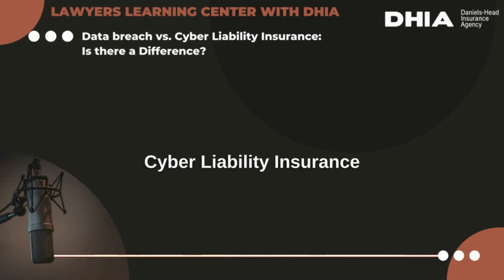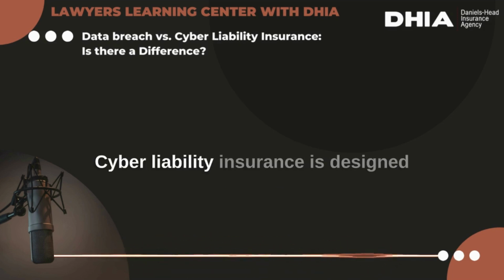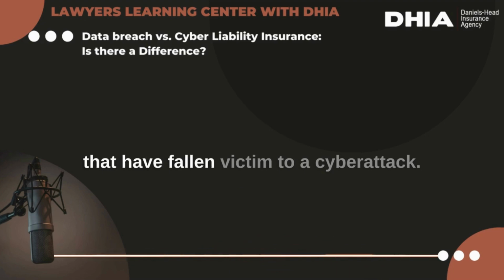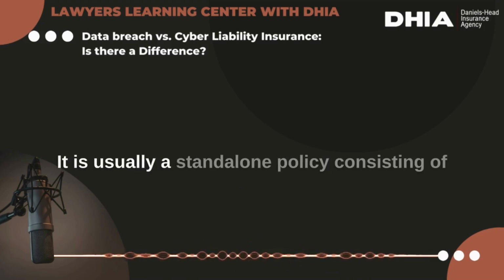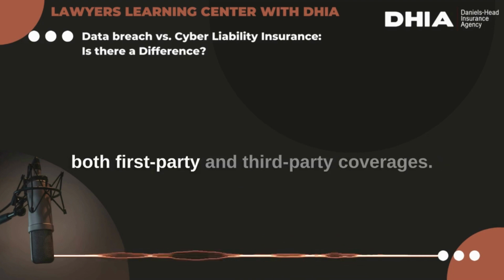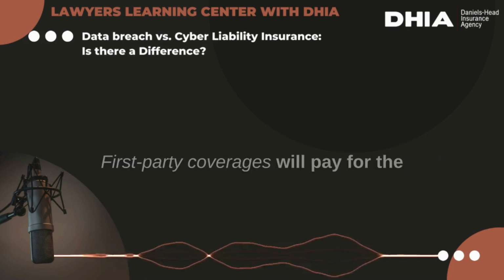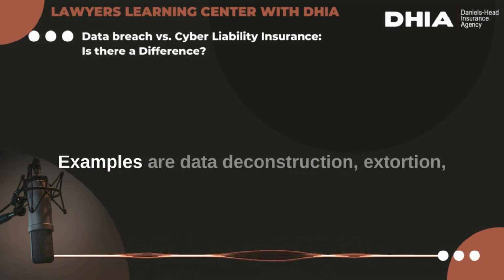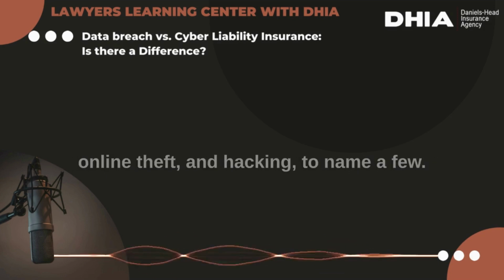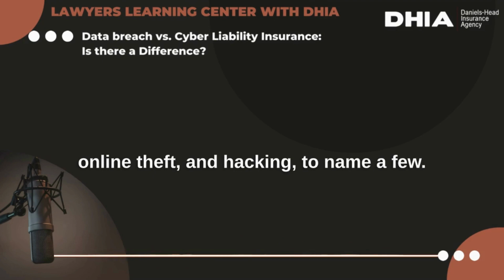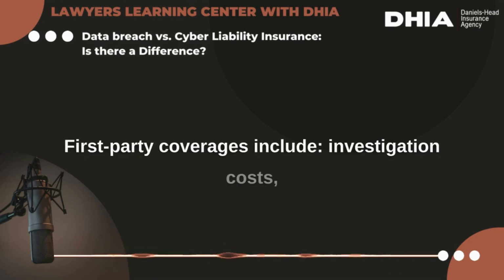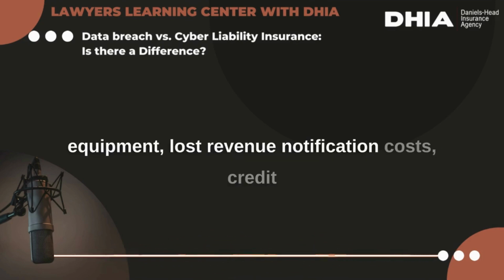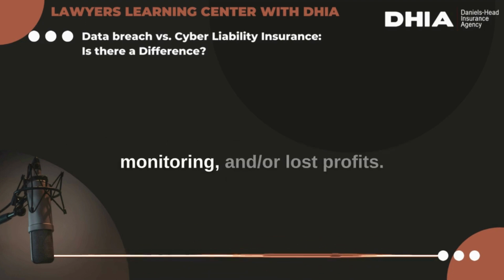Cyber liability insurance. Cyber liability insurance is designed to give the most comprehensive coverage to businesses that have fallen victim to a cyber attack. It is usually a standalone policy consisting of both first-party and third-party coverages. First-party coverages will pay for the losses related to breach of your network. Examples are data destruction, extortion, online theft, and hacking, to name a few. First-party coverages include investigation costs, costs to repair damaged or lost equipment, lost revenue, notification costs, credit monitoring, and/or lost